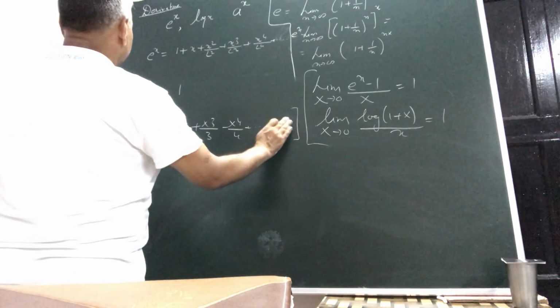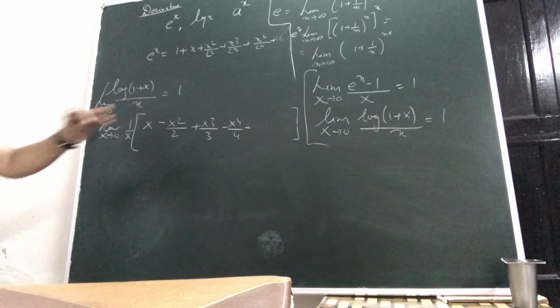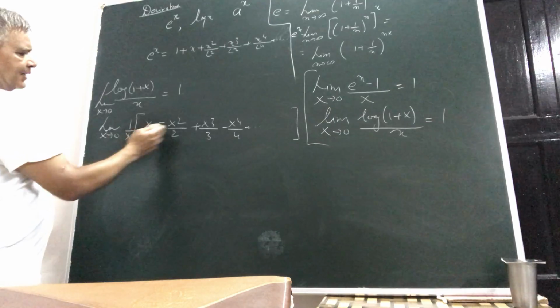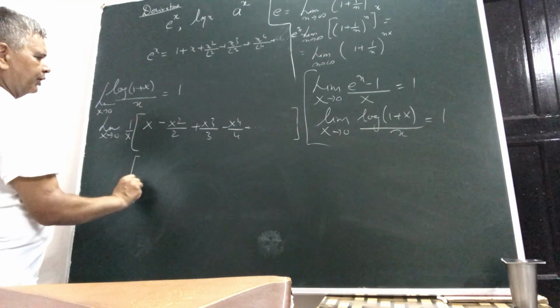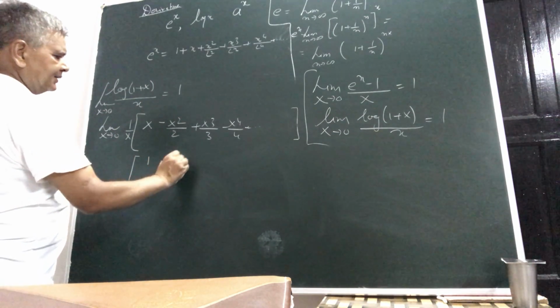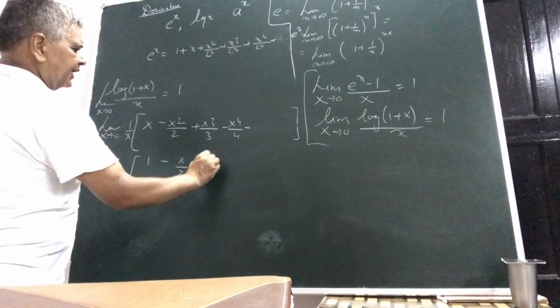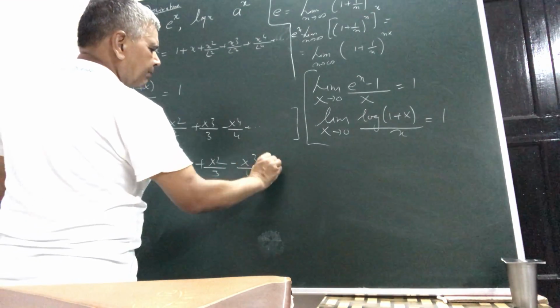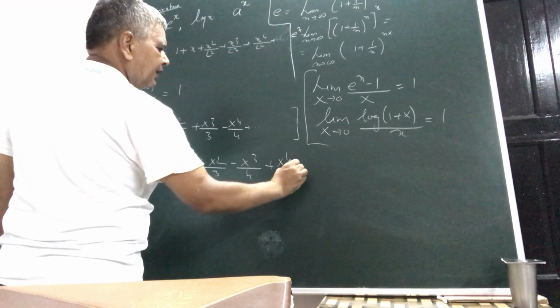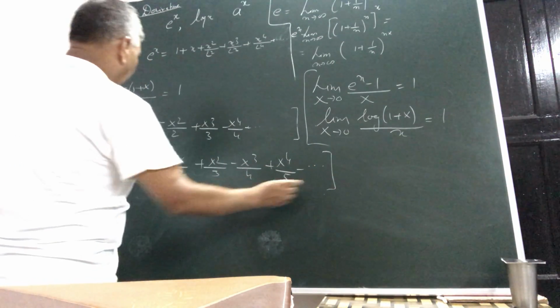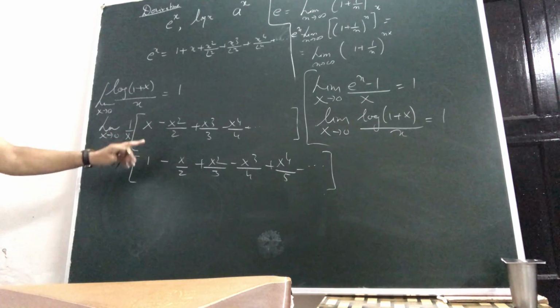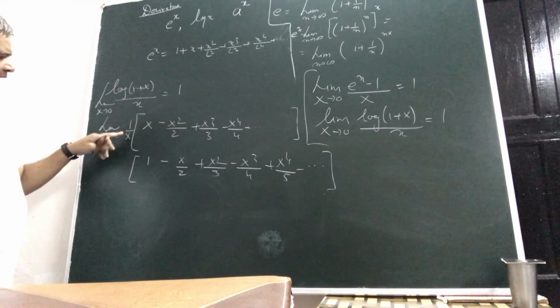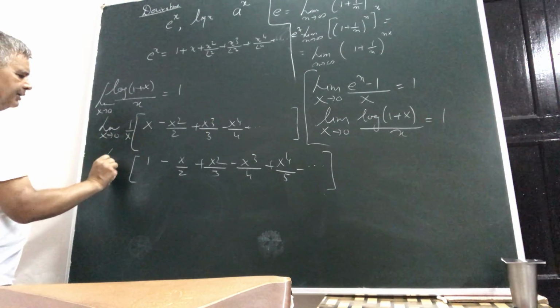No, it is not minus 1 here. It is only log(1+x) in this series. Then you can take x common and this x will cancel. So what you will get is 1 minus x upon 2 plus x square upon 3 minus x cube upon 4 plus x4 upon 5. You have taken x common from the numerator and that x cancels, and then the limit x tends to